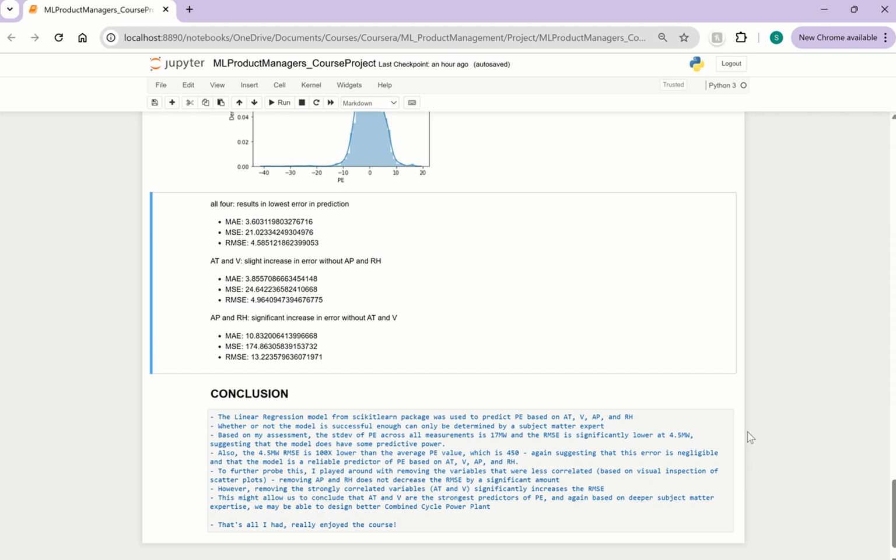It actually increases the error a little bit. However, removing the strongly correlated variables, AT and V, does significantly increase the root mean squared error. So this might allow us to conclude that AT and V, the temperature and vacuum, are the stronger predictors of PE. And again, based on deeper subject matter expertise, we may be able to use this information to design a better